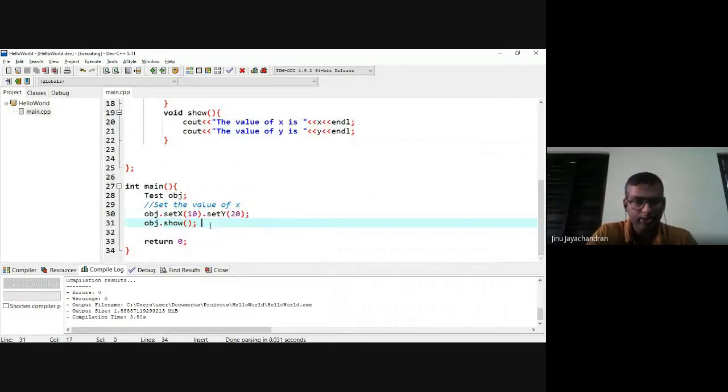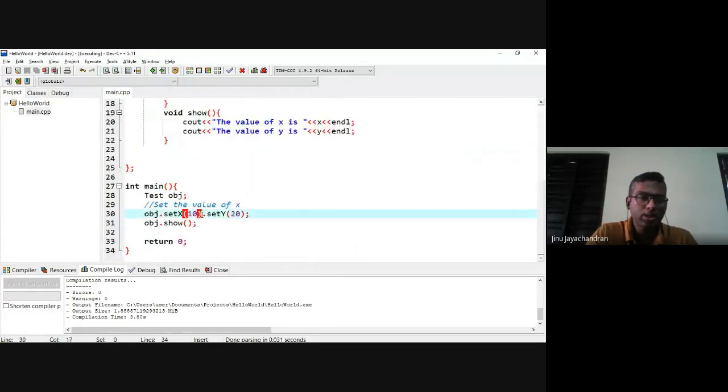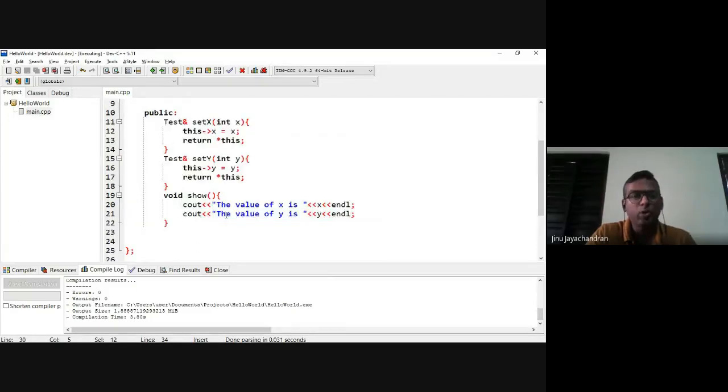So what is happening is like this. First, obj.setX is called. So it will go to the setX function. It will set the value of x. It is returning at this point. So the return will come here. So basically this will be actually the value of the object itself, obj itself. So after calling this function, it will call the function setY of the same object.